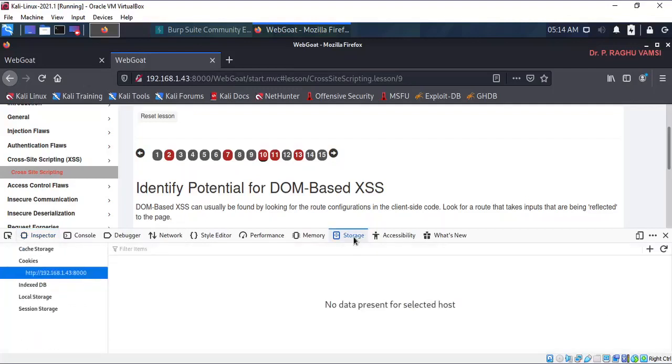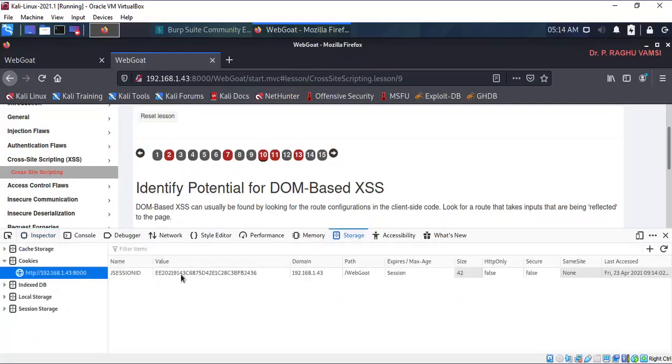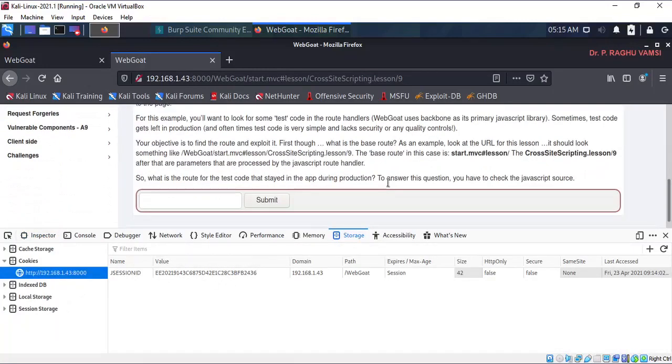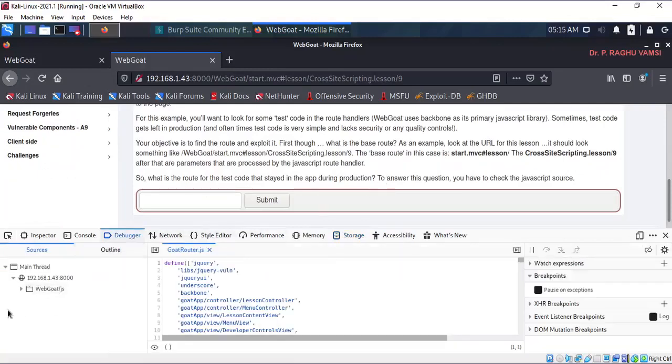If you can recall, when session handling was covered, this was the cookie information. For this code to be explored, we need to go to the debugger. In the debugger, you will find the main thread and the IP address :8000/webgoat, and we need to go to the JavaScript folder.